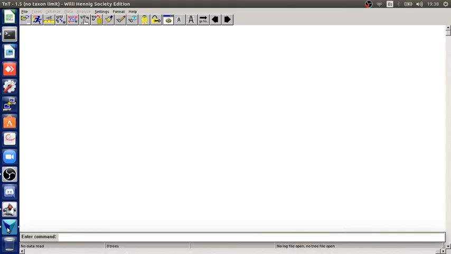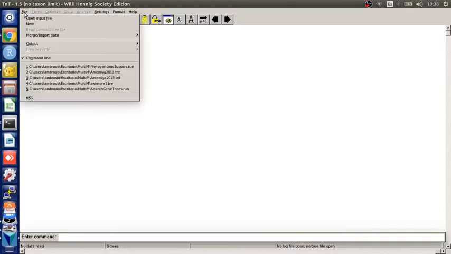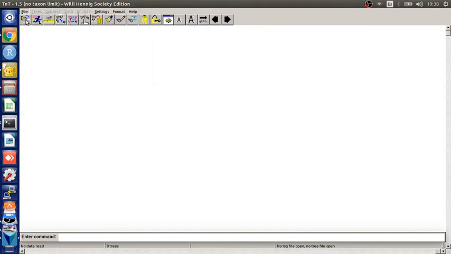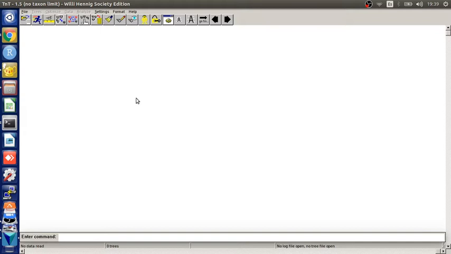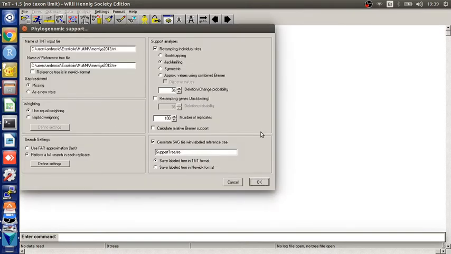Now, in the GUI, we go to the menu File, Open Input File, and choose the script file. Then, a dialog box is opened to choose the data file, the alignment. Subsequently, another dialog box is opened to choose the reference tree. Once we have chosen the data file and the reference tree, another dialog box is opened to define the settings